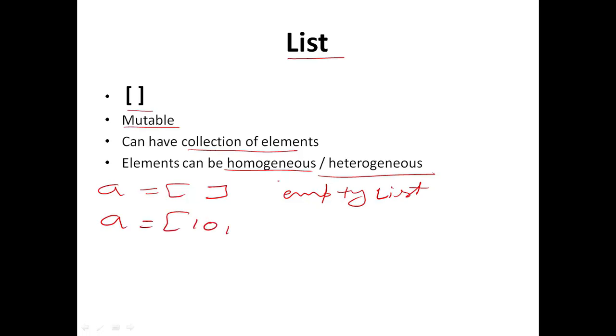The elements of a list can be of same type or of different data types. In this case, this list has 4 elements. The first element is of integer type, and then the second, third and fourth are all of integer type, but they may be of different data types also. The elements of a list can again be a list object or any other object also. Right now I have taken only integer objects for a simple understanding.